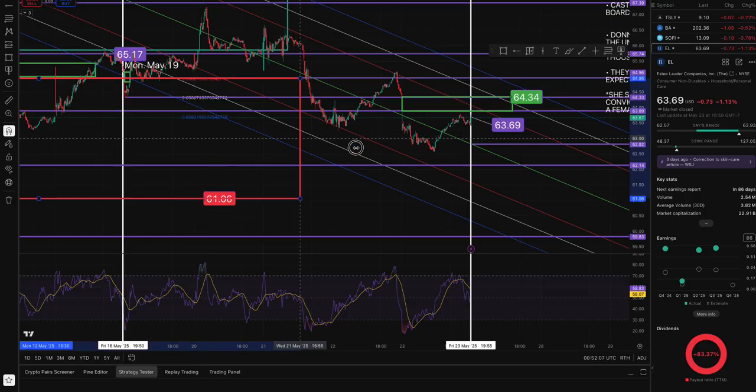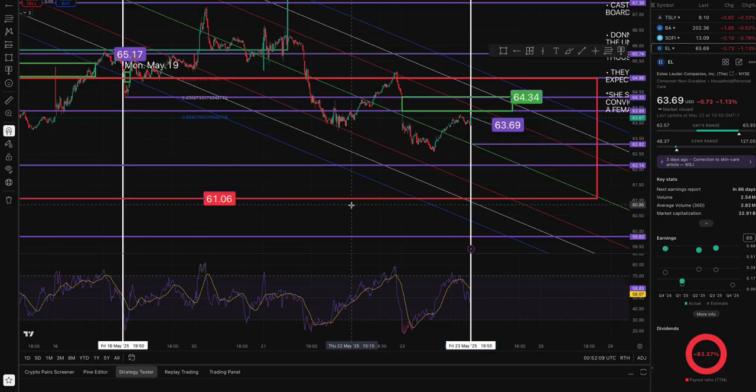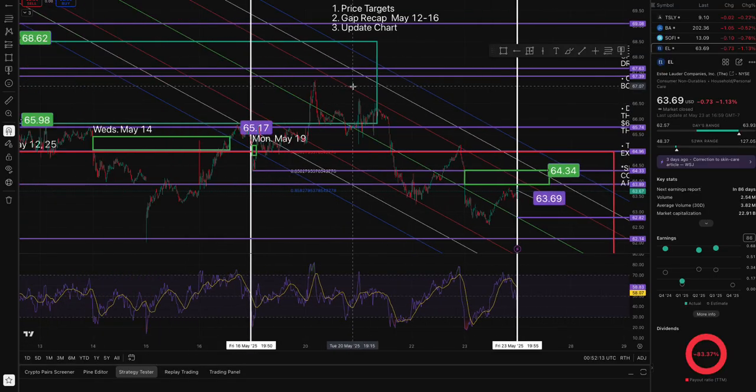This gap is still in play, taking us down to 61.06. And this one,